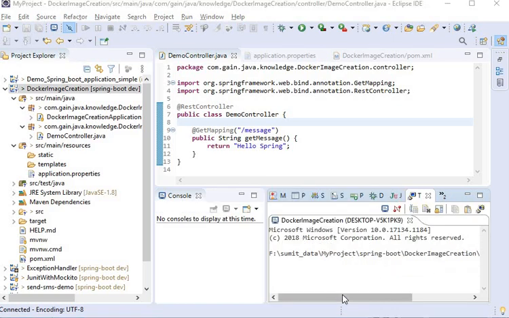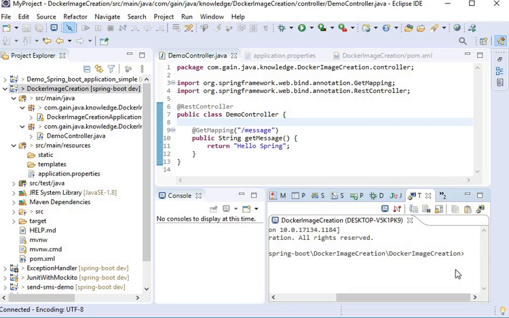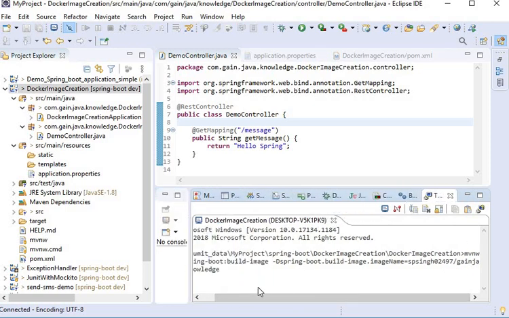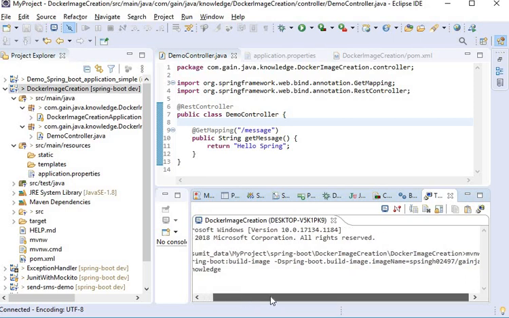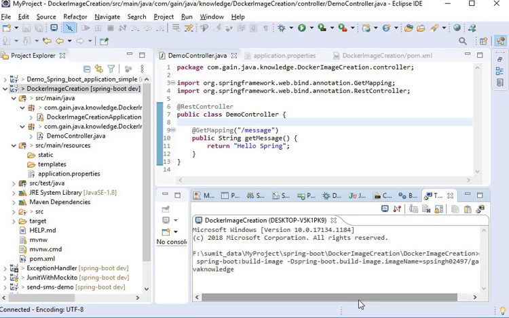And this is the path of my project, and here I will paste this command. That is Spring Boot build image: mvnw spring-boot:build-image, and here I have defined my Docker Hub credentials.